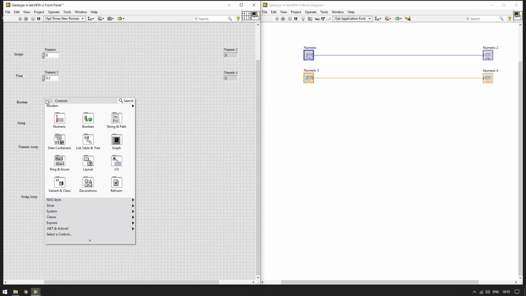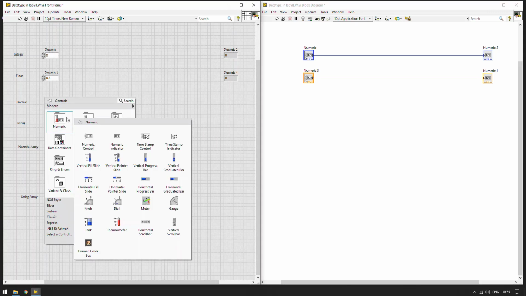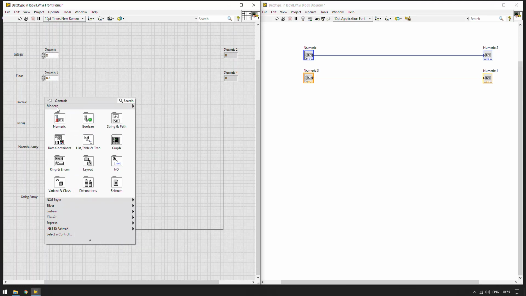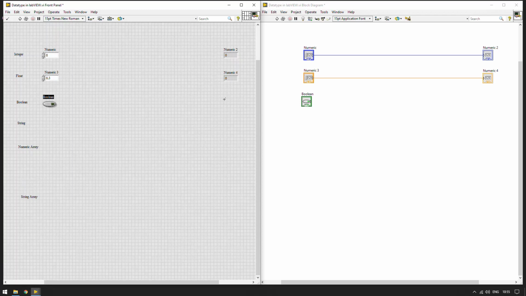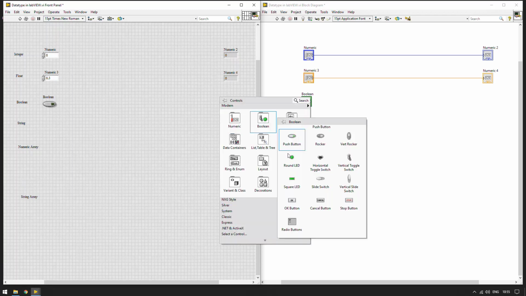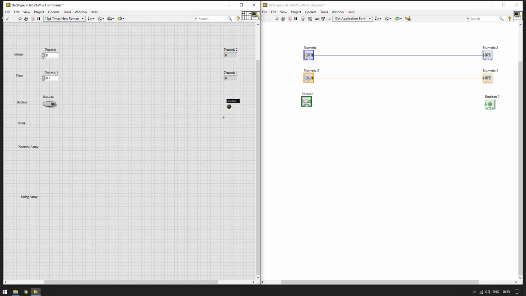After that, we have completed numeric inputs. So let's move to Boolean inputs. Boolean inputs have two states, 0 or 1, on or off. So a push button is sufficient to represent a Boolean input, and an LED is sufficient to represent a Boolean output or indicator.